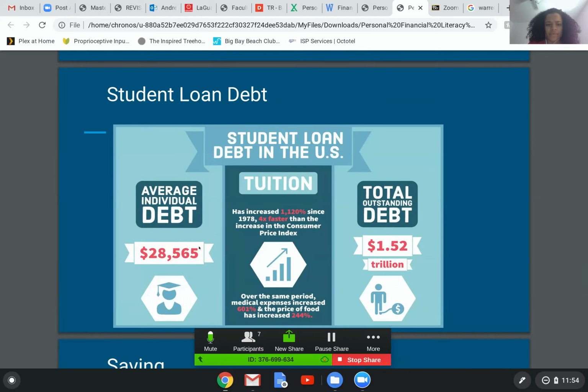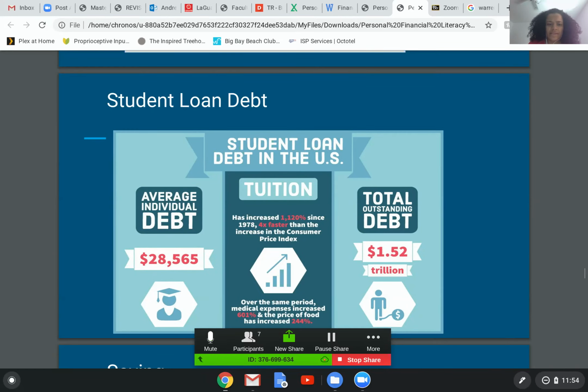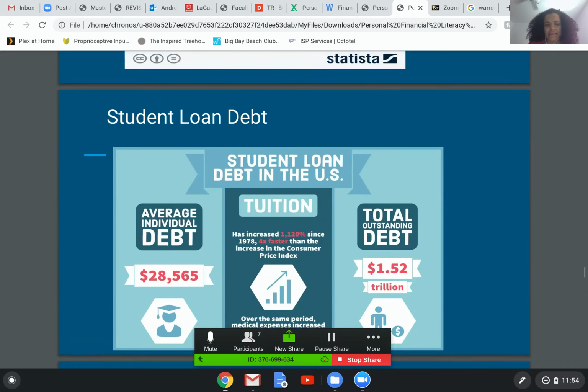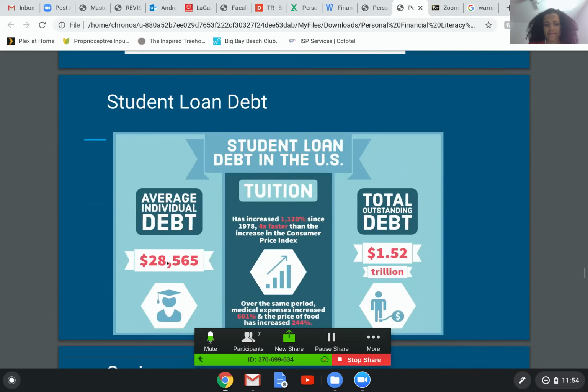But this type of thing can start happening once you go for your bachelor's or whatever, if you don't already have student loan debt. So some people end up with an average of 30 grand in debt. And the sad part is that the interest rates that we get charged for this debt are really high compared to the interest rate that is currently happening. The Fed funds rate right now is close to zero.